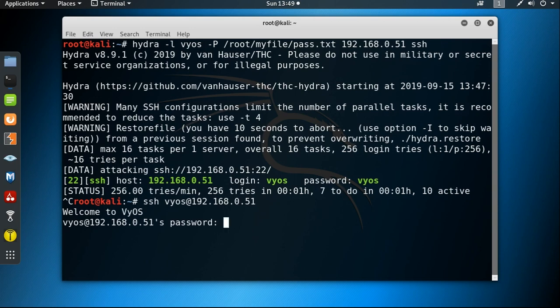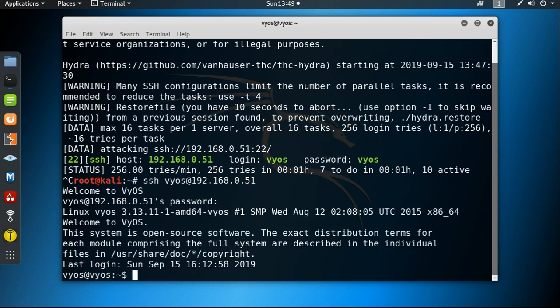Password is also vyos. Okay, now we are successfully able to penetrate inside the system 192.168.0.51. In the next session, I will show you how to crack the password using a phishing attack.